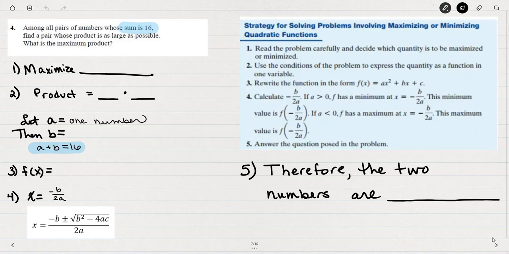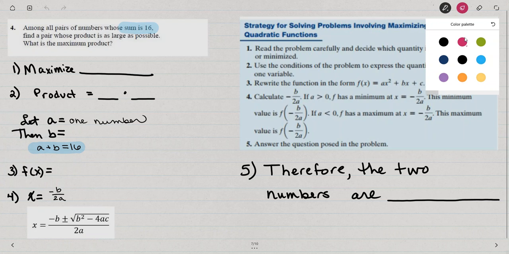Quick word problem application. Among all pairs of the numbers whose sum is 16, find a pair whose product is as large as possible. What's the maximum product? I have here a step-by-step, 5 steps that you can follow. Pulled that right out of your textbook. You might want to stop and jot that down in your notes. That could be really helpful to you if you need to. Pause the